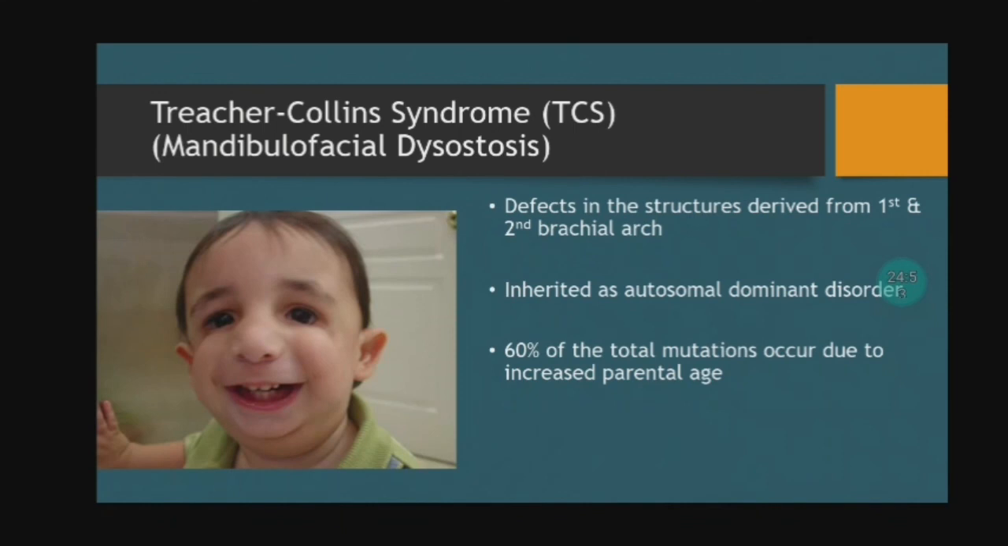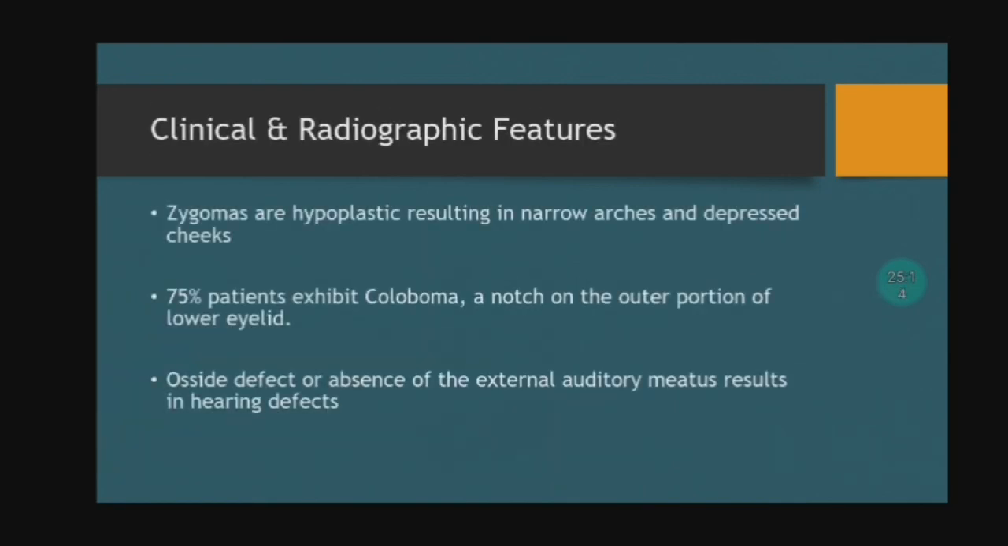So, the Treacher Collins syndrome, or TCS, is a mandibulofacial dysostosis. There are defects in the structures derived from the first and second branchial arch. It is inherited as an autosomal dominant disorder. 60% of the total mutations occur due to increased parental age. Its clinical and radiographic features: